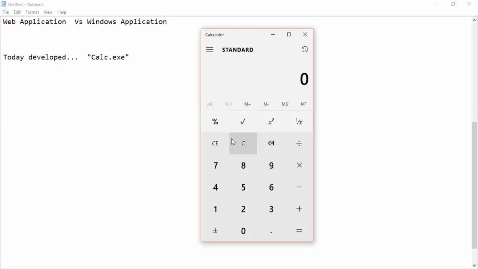So your client will come back to you and ask you to make changes to the existing application. You analyze that and you feel okay, we can add it to this existing application. You agree to the terms and conditions.